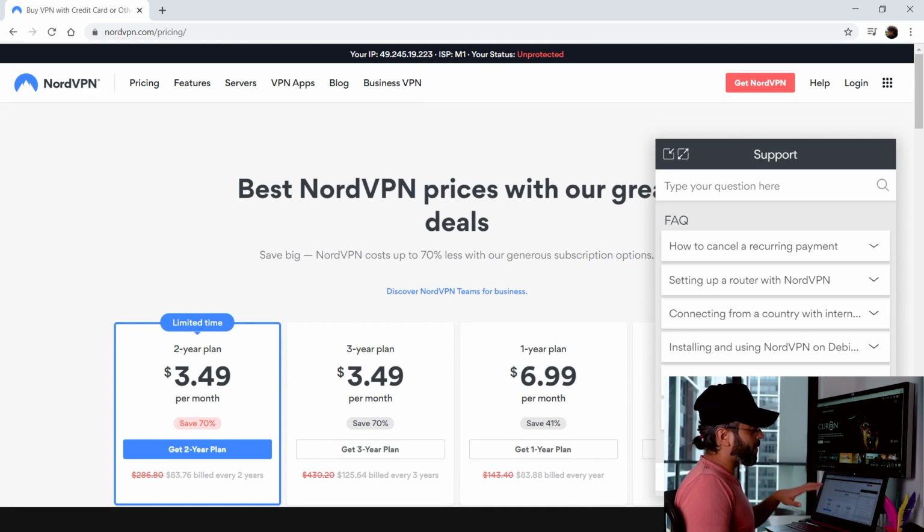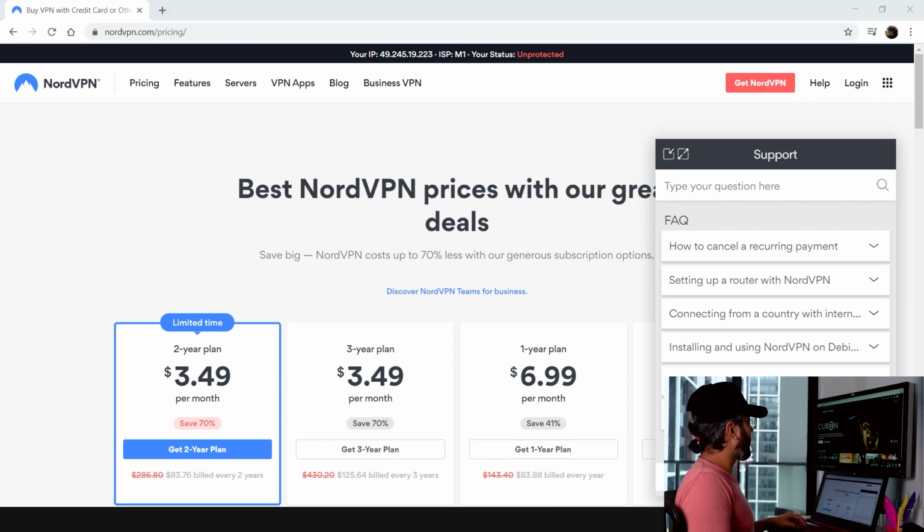So this is a big plus for NordVPN, because again, there are times when you run into a problem and it's really annoying, and you're waiting to watch something that you really planned for weeks to watch, and then when you come to watch, it's really not loading up. So that's when support really comes in handy. All right, so that's about support.